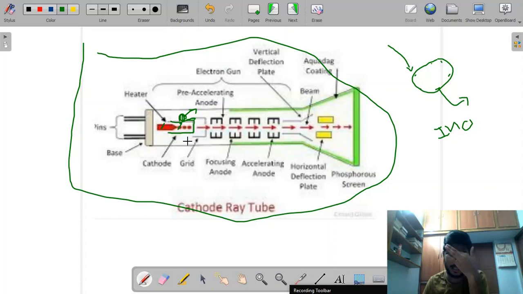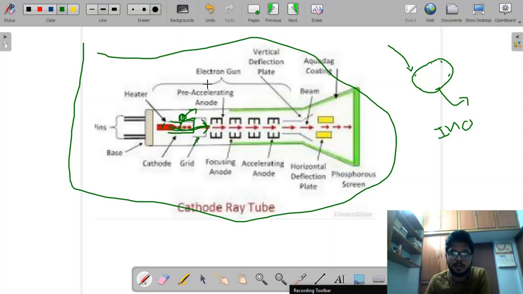Once these electrons come out, how do we control them? If electrons come out like this, we are unable to focus. So for focusing we need a grid that acts like a queue. In a queue we stand line by line. In the same manner electrons also flow line by line, such that they are focused in a single direction. So the action of a grid is to focus the electrons. If the grid has more space, more electrons will go. If the grid has less space, fewer electrons will flow.